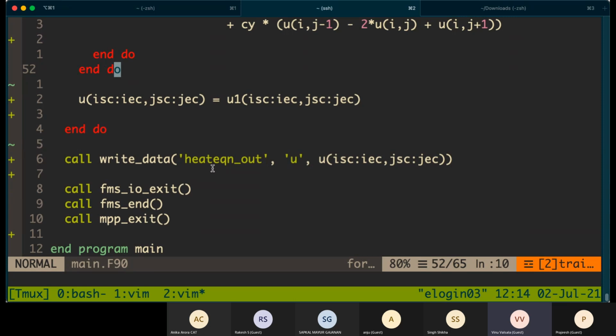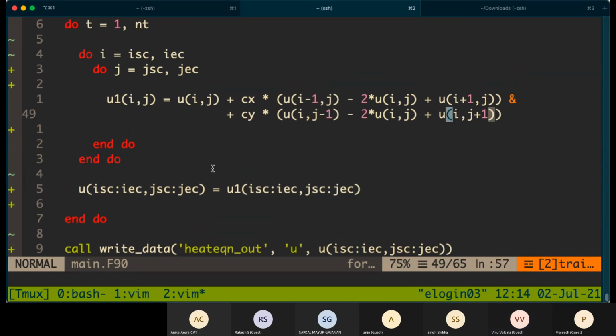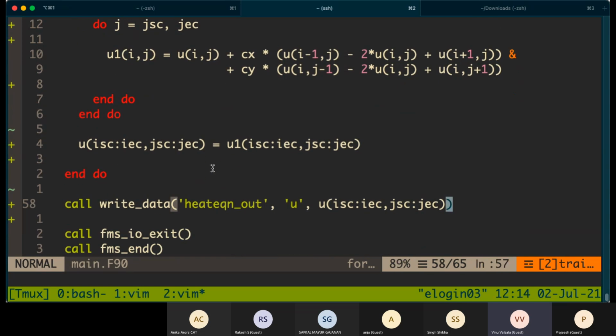So in the write data part also, we only write the local computational domain, right? Yes. That's why we have multiple outputs, which we have to combine later, right? Yes, because we don't have the global full domain in any processor by default.